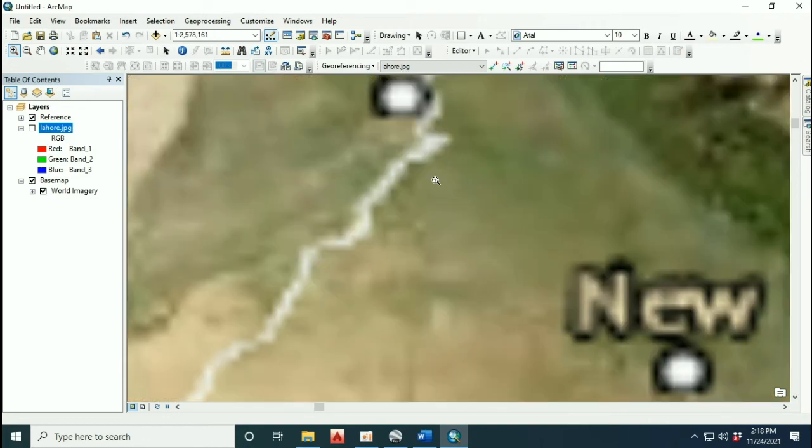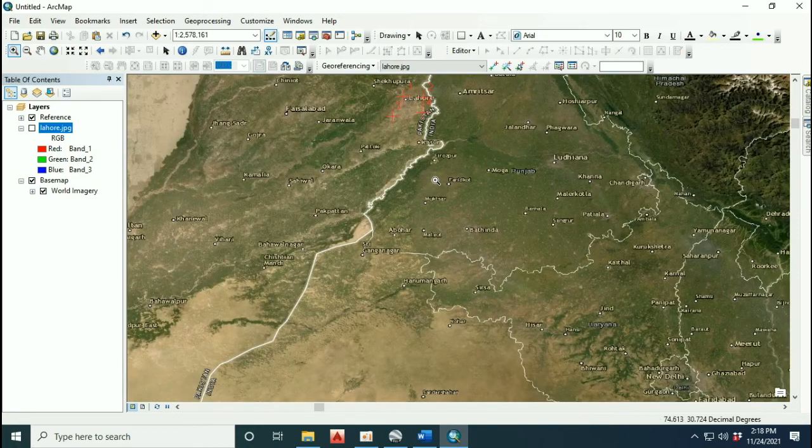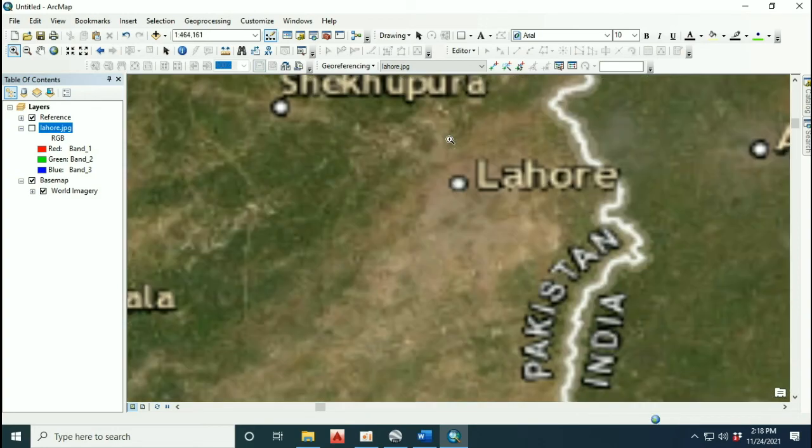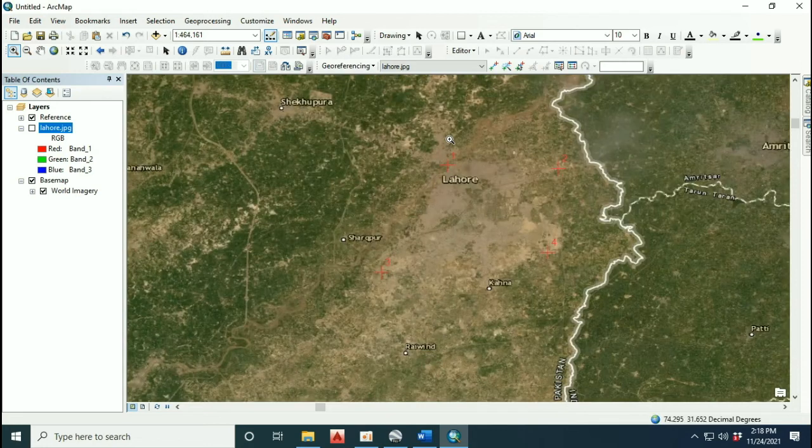As we zoom into the Lahore area, where the geographical coordinates are already added, our imagery is still not updated over there. It's not laid over the area of the world map.